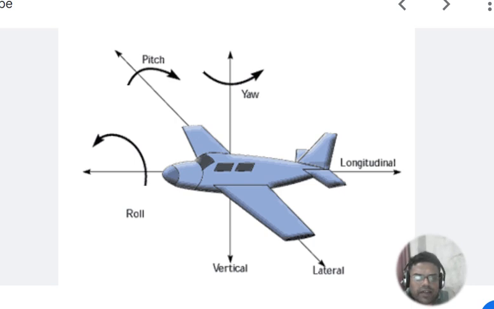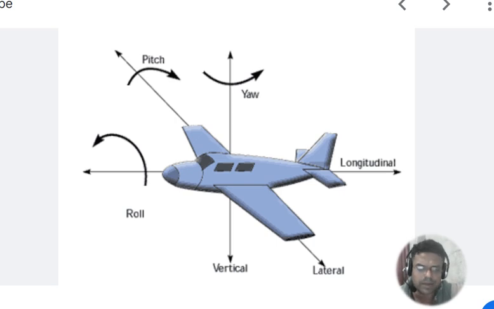Generally, when we talk about an aeroplane in air, it can perform 6 different types of motion. These 6 different types of motion are also known as degrees of freedom. So if an object can perform 3 types of motion, that means it has 3 degrees of freedom, right? So here, 6 different types of motion, or 6 degrees of freedom, generally these 6 degrees of freedom plus 1 or 2 are also performed in a fighter jet or a fighter